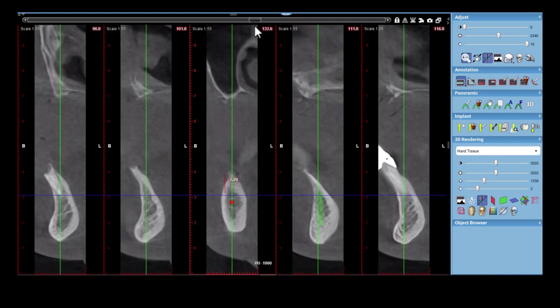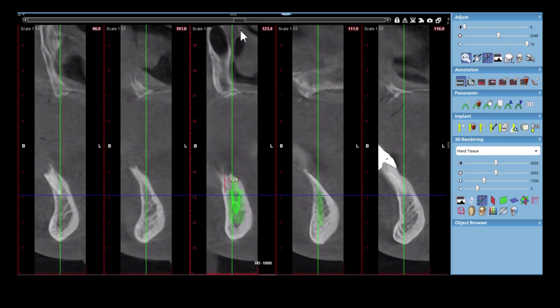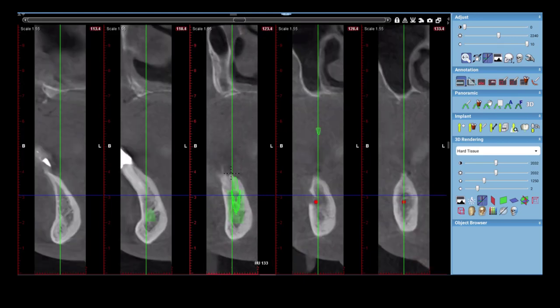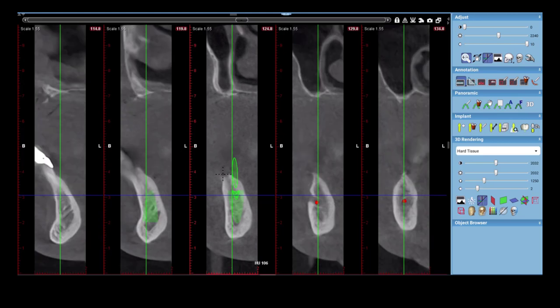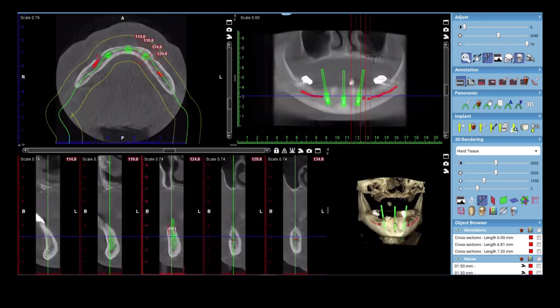Let's see. Come back a little. Right there. And this one, pretty straightforward. It's just the base of that root, but let's see. Actually, I'm going to go just distal of that root, so we're not trying to measure off that broken down tooth. And then it's about 6.8. Okay. So from there,